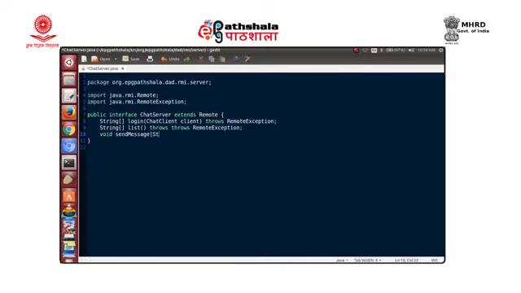Whenever a message is to be sent, we will have to specify who is sending the message and to whom: from, message to, and what is the message to be sent. So, this is what the client is going to have as an interaction with the server, asking it to send a message to another client. All methods here have throws remote exception.